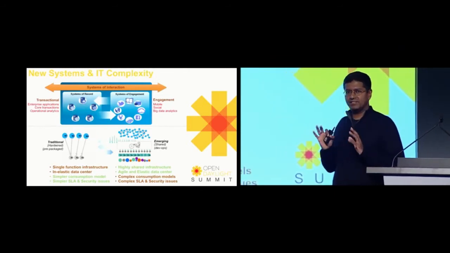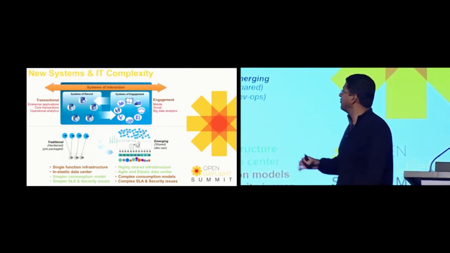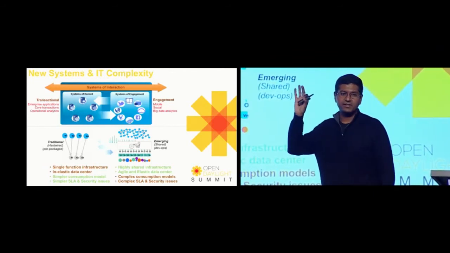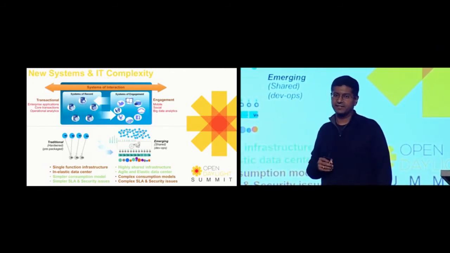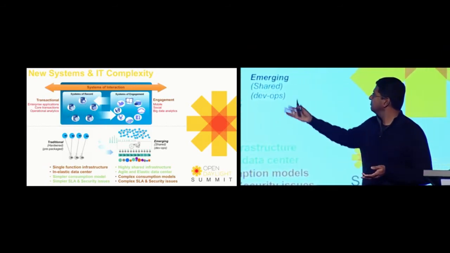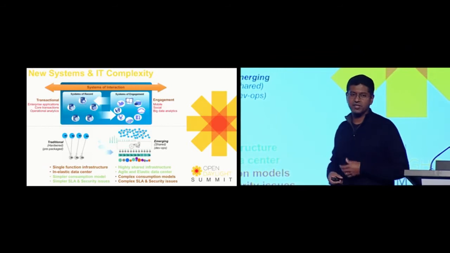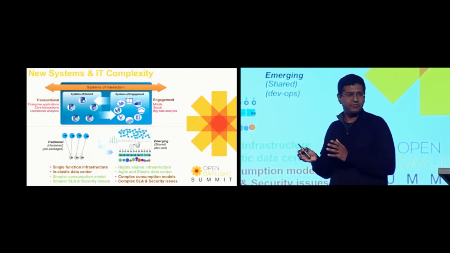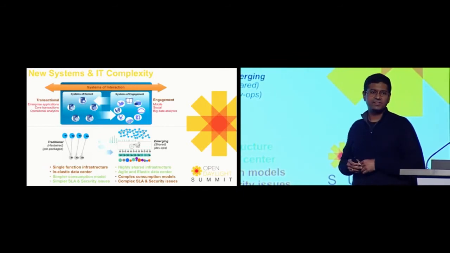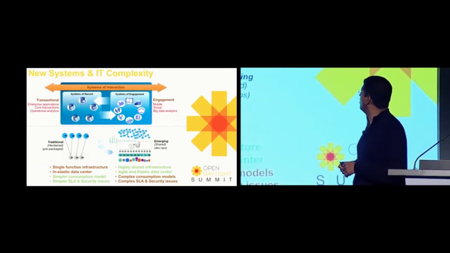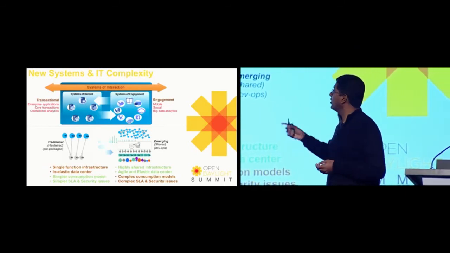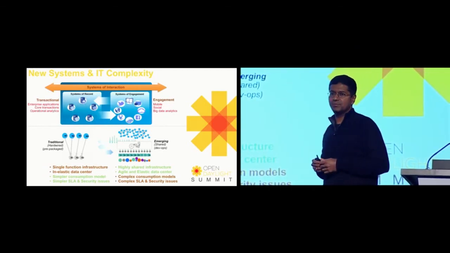So what's happening in the systems within the data center today? If you look on the left-hand side of this picture, those are the traditional systems that existed in the data center. Primarily, they were transactional in nature, for example, enterprise applications, your CRM, your HR databases, things like that. Very, very transaction-oriented. Then came about these systems of engagement, which were mostly around mobile, social, or big data analysis. But what's coming up recently has